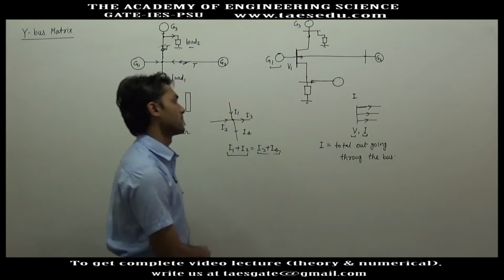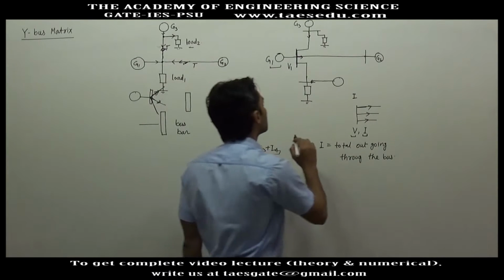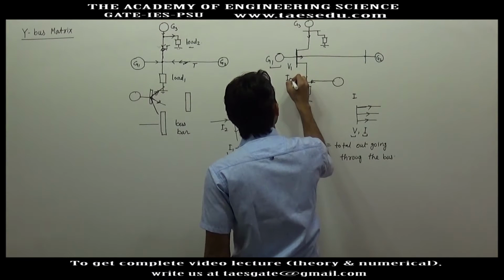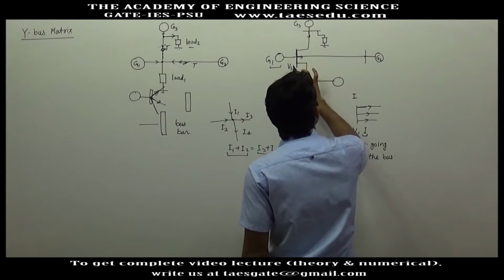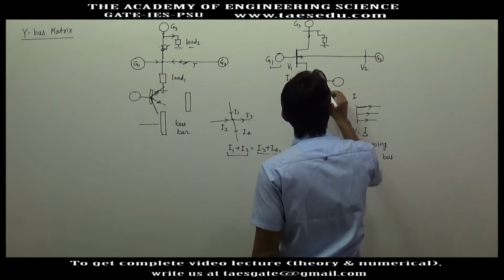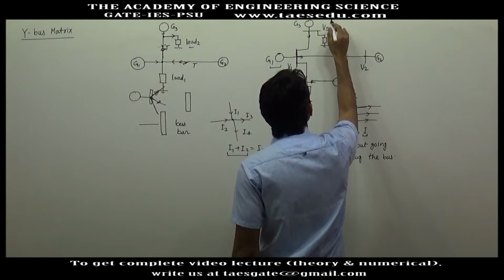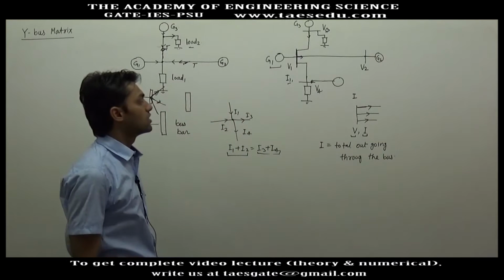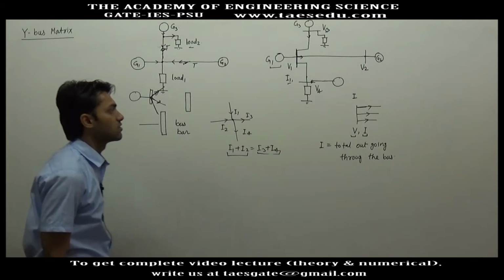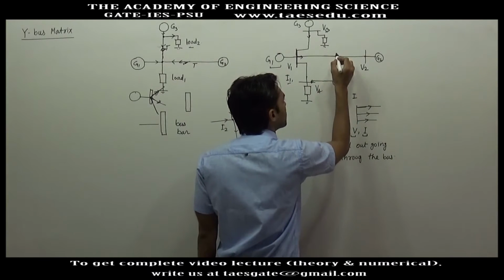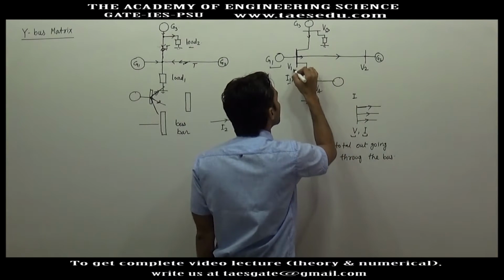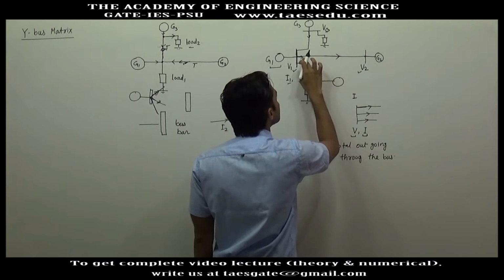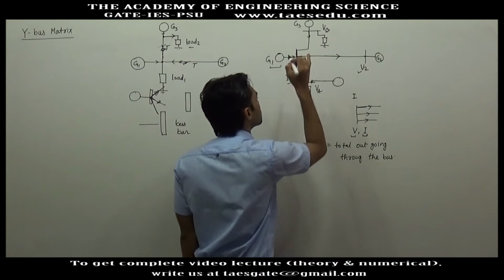This will be the current of the bus. So the current through any bus, let's say this is bus 1, I will define it as I1. So I1 will depend on V1, the voltage of bus 1, V2, the voltage of bus 2, V3 and V4. In general, this will be a function of all the bus voltages, because in this line, the amount of current flowing will depend upon V1 and V2, and